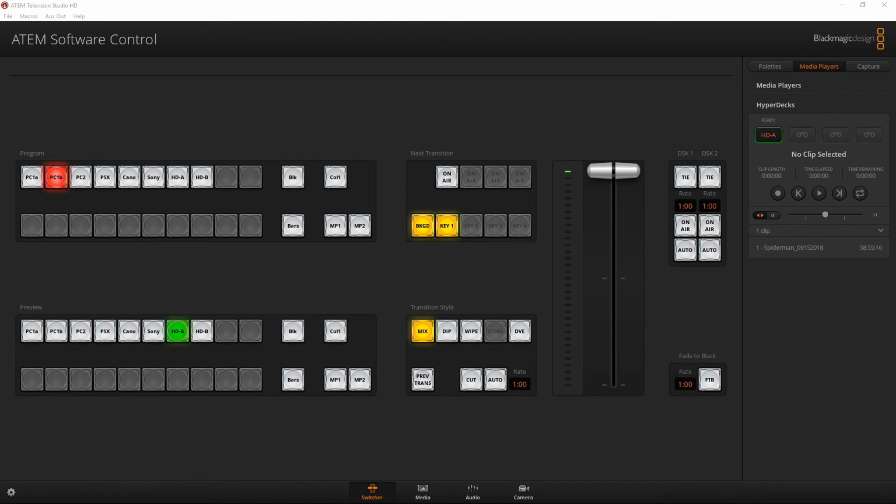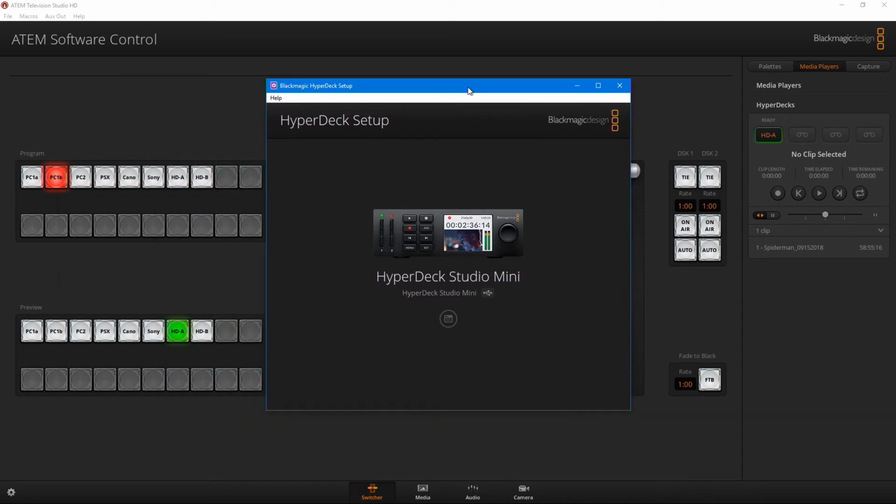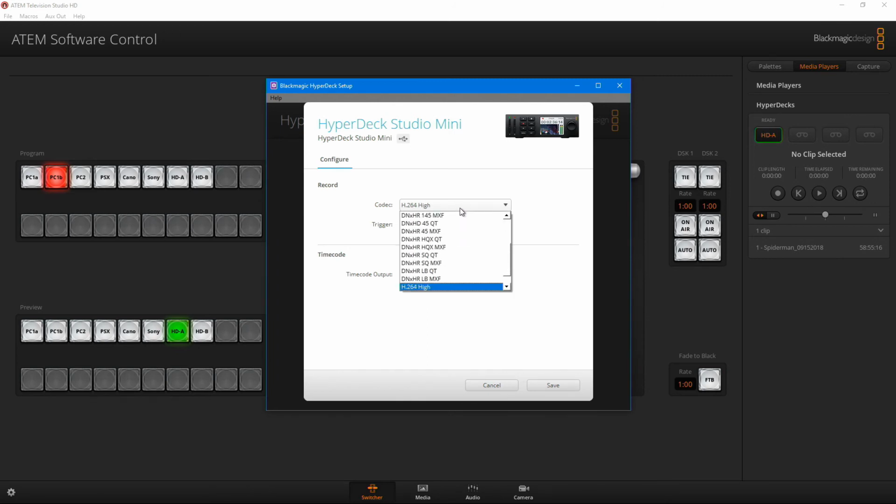And if we go to the Hyperdeck setup software, inside of here, as you can see, I am set to H.264 at high. Have a whole bunch of other codecs. At church, I actually have to use the ProRes proxy because I can't use... I found this out today. I can't use the